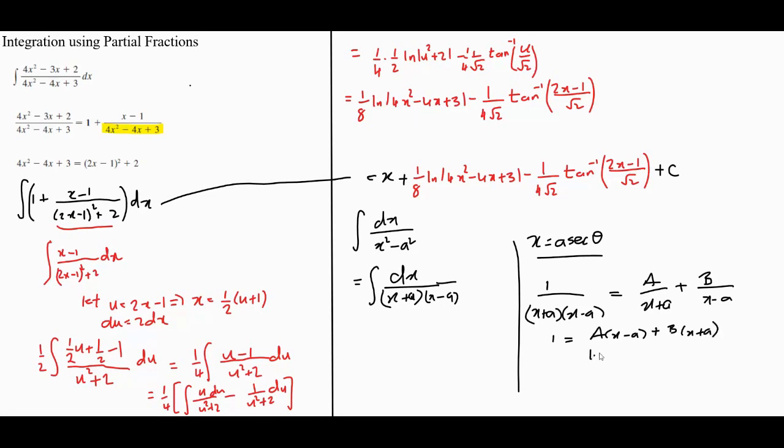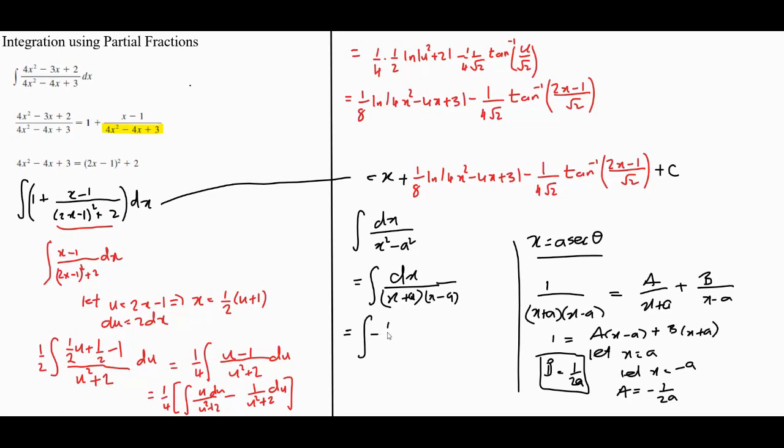And then, of course, we let x equal a, which means we end up with B. B is going to be 1 over a plus a, 2a, so it's 1 over 2a. Similarly, we let x equal minus a, and that will give us that A is equal to minus 1 over 2a, which means this integral will become the integral of